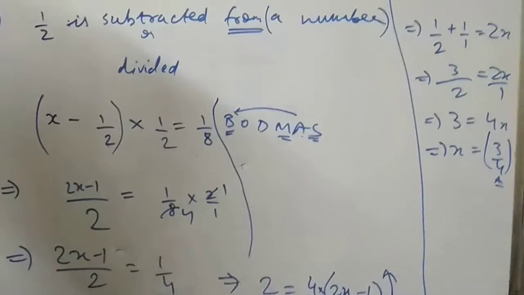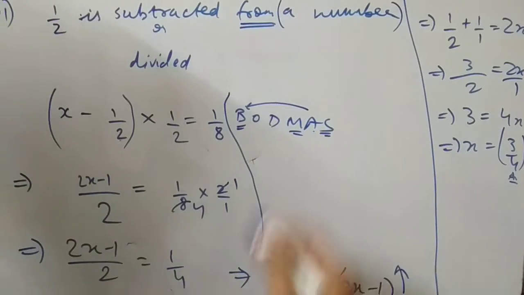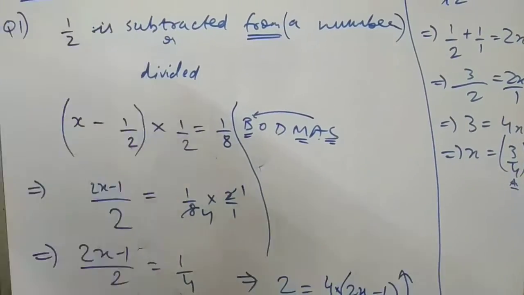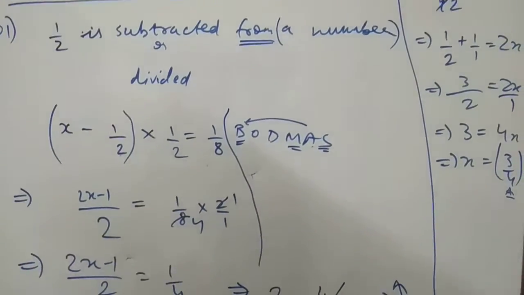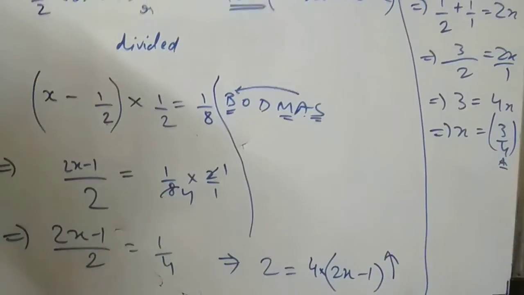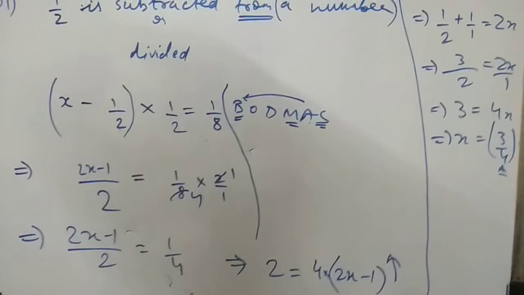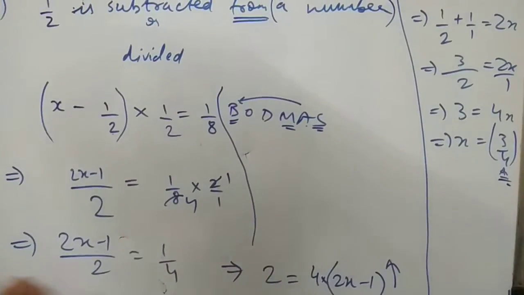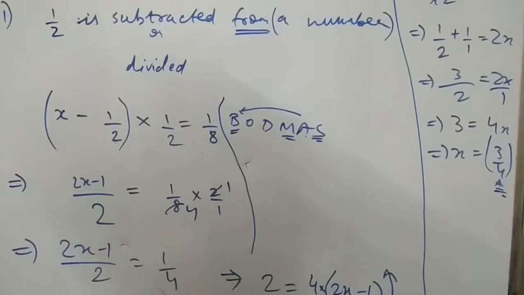Many times you have to do cross multiplication, because you are in class 8, you have to do it step by step. But as you proceed to further classes, 9, 10, 11, 12, you will get the habit of this. You can directly jump from here to this step when you get expert in this. But since you are a beginner, you must follow step by step so as to understand the concept.